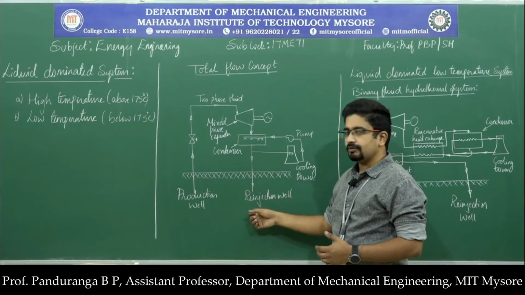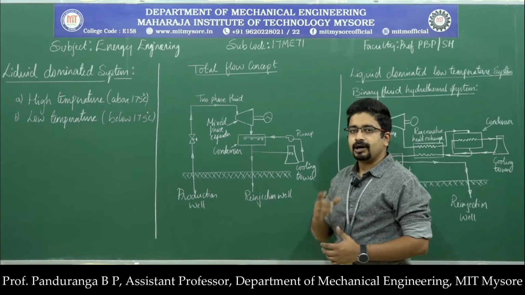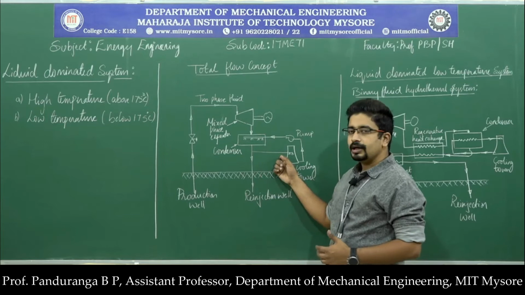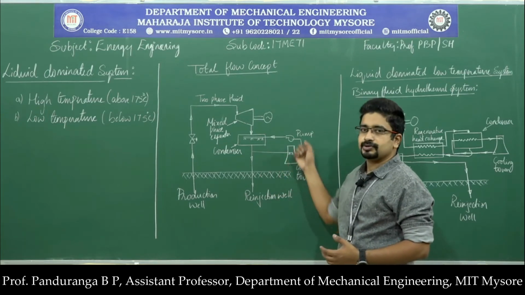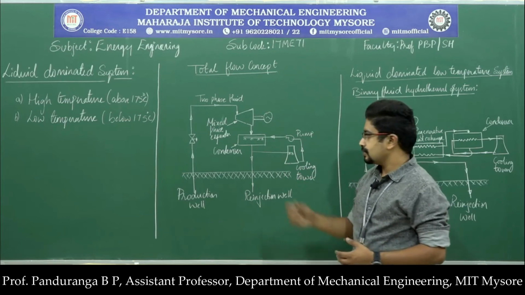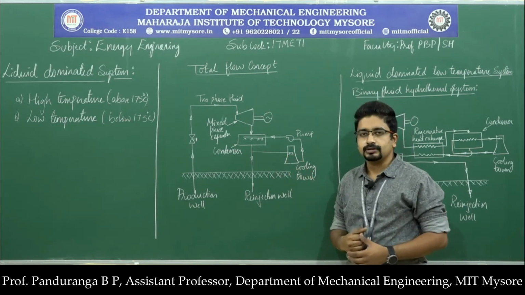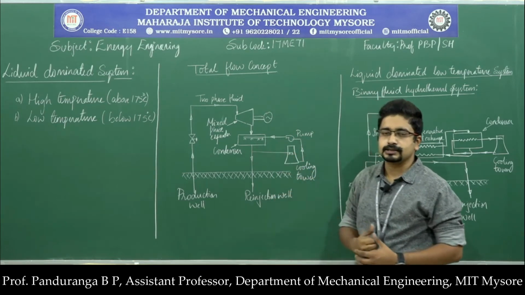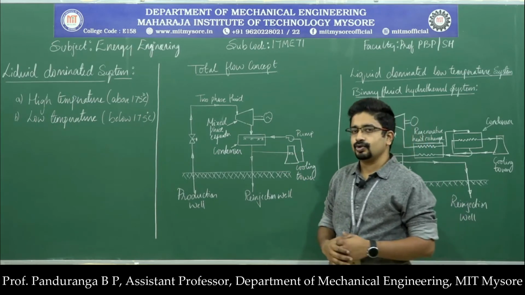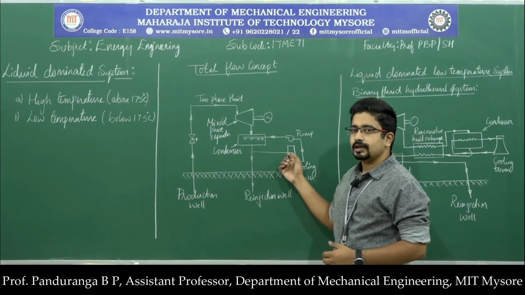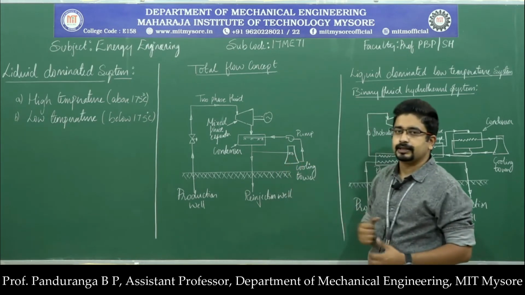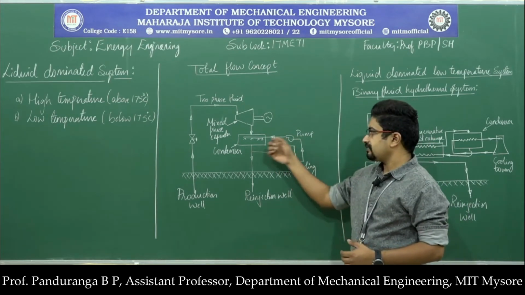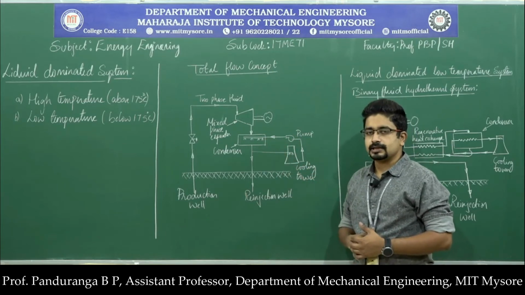That liquid water will be re-injected, and a part of that will be taken out and that will be at a higher temperature, so that needs to be cooled before using it as a cooling water. So we have a cooling tower through which the water passes, and as it passes through the cooling tower, the water temperature reduces, and the low temperature water will be collected at the bottom, and from here it will be pumped back to the condenser.